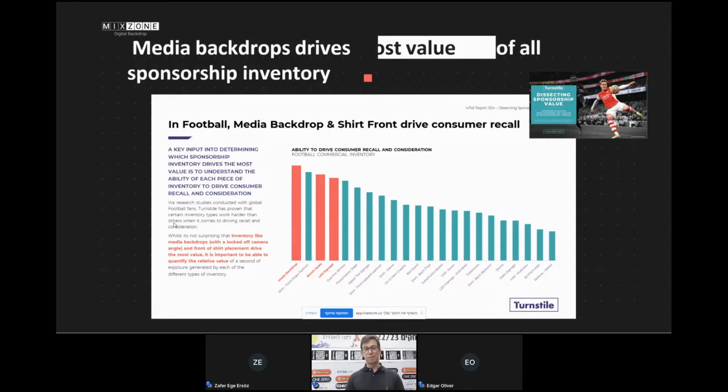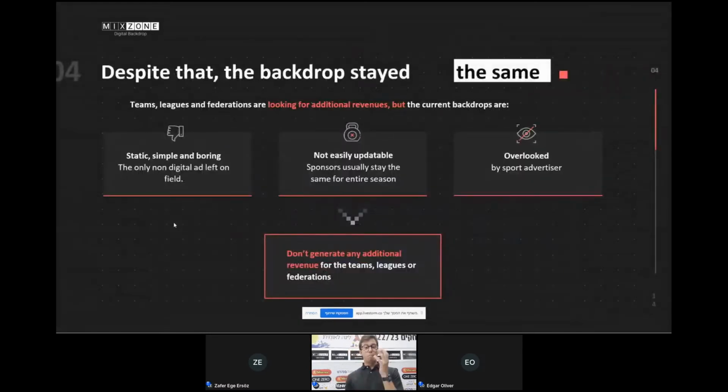I know that everyone thinks, why didn't we come up with it earlier? So, combining the reports and the trend of broadcasting and the change it's been through, we can say that current backdrops are static, simple, and boring. They don't add value for your sponsor. They're overlooked by sponsors, always just another part of the deal, 1% of the sponsorship package.